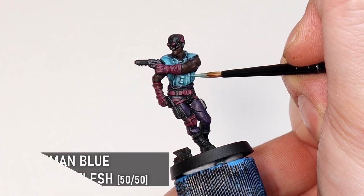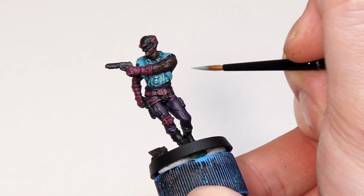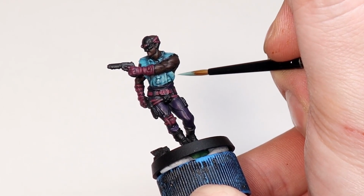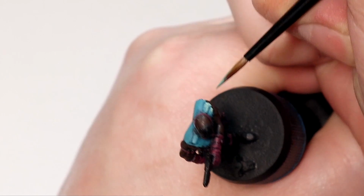I already love how this Kislev Flesh is mixing with the blue, and one of the main ideas with using one colour like this for all the highlights is not just for ease, but it's also going to give the whole model a subtle, consistent tone, like all these colours are existing in the same light source or the same universe. As you move up through the highlights here, the blue is getting this lovely warm tone to it, which